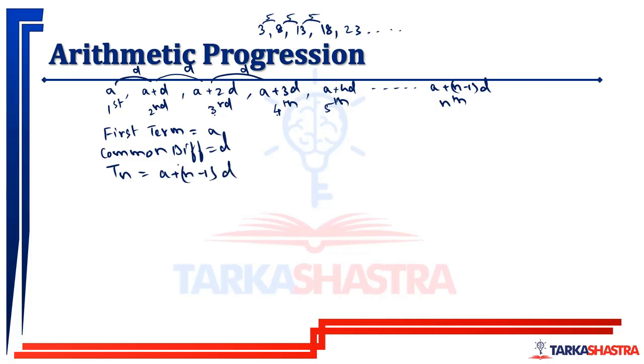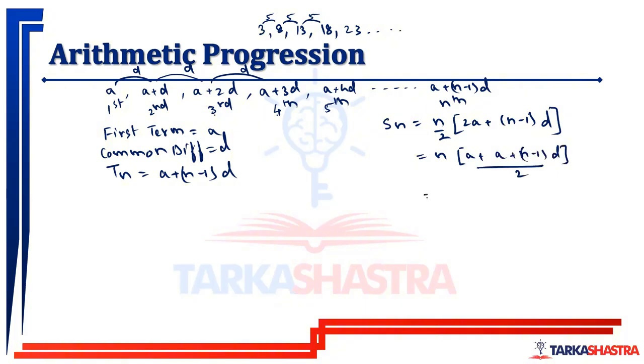Now, the sum of first n terms will be how much? The sum of first n terms will be n by 2 into 2a plus n minus 1 into D. Okay, now we can also write it like this: n into, this is a plus